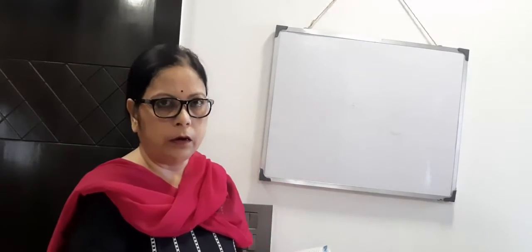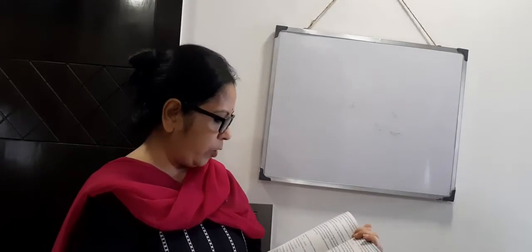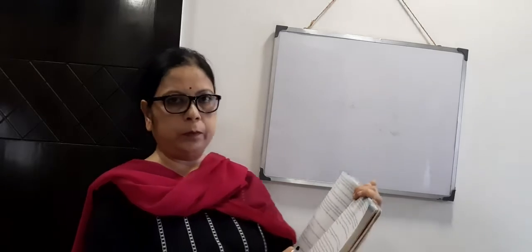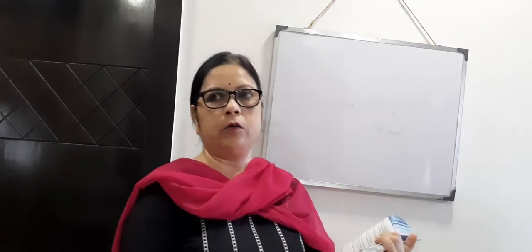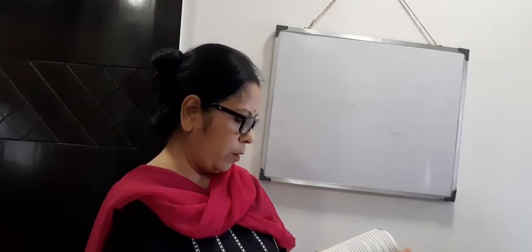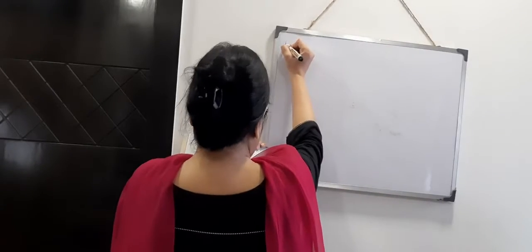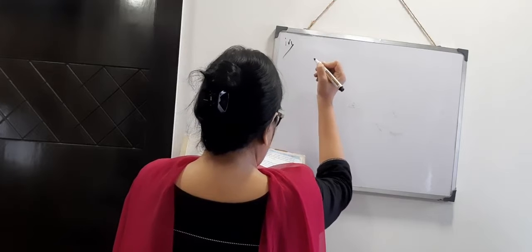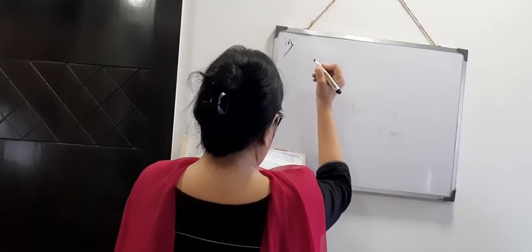And here the hemisphere is solid hemisphere. So what is the total surface area of solid hemisphere? 3 pi r square. If it will be hollow, then half of the sphere means it will come 2 pi r square. But it is told that solid. So formula of total surface area will be 3 pi r square. Now, if the surface areas of two parts are equal, then calculate the ratio of radius and height of the cone.